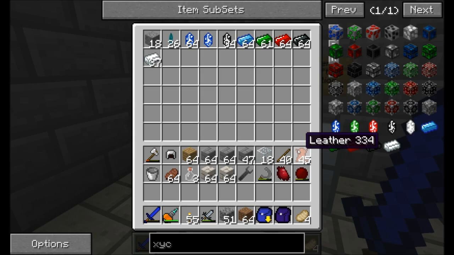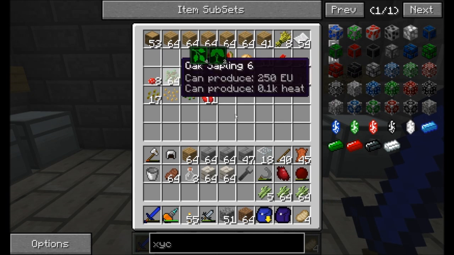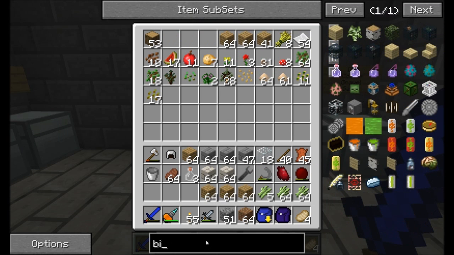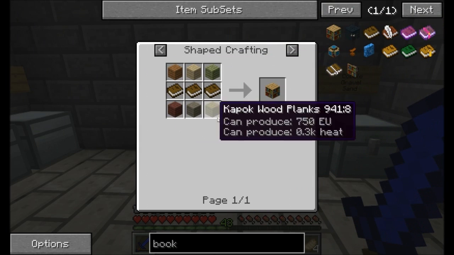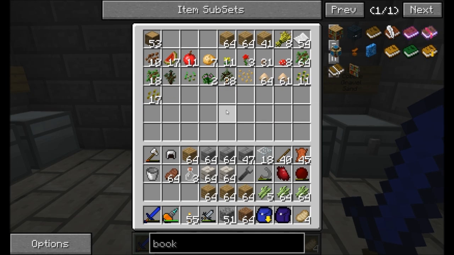I've got myself a bunch of leather, and I think I've got enough of the reeds that I'm going to need here to get myself some books for my bookshelves. Also got a bunch of wood. So let's check it out. Bookshelves are as follows. I'm going to need 6 pieces of wood, and I need 15 total, so that's not so bad. So I should have plenty now. And the books are 3 books total, and each book is 3...